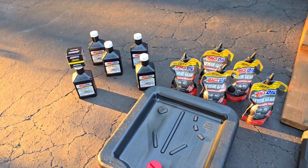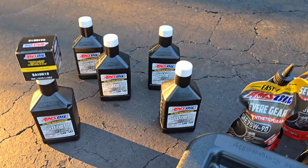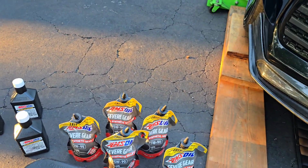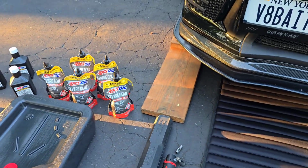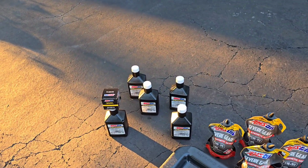As you can see, I use nothing but the best. I use Amsoil 5W-50 for my motor oil. And I use an Amsoil filter, which filters down to 20 microns, so it gets all the fine stuff. And I use Amsoil Severe Gear 75W-90. The reason why some of you are asking why I use 5W-50, I use it because obviously